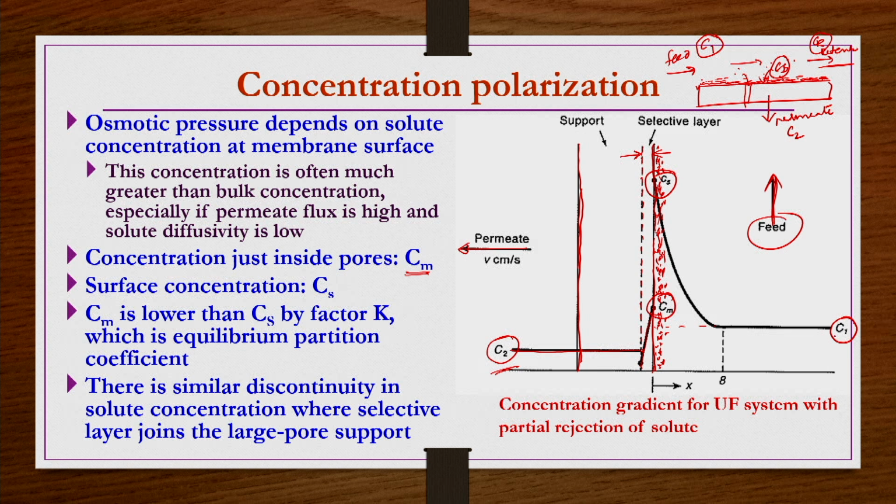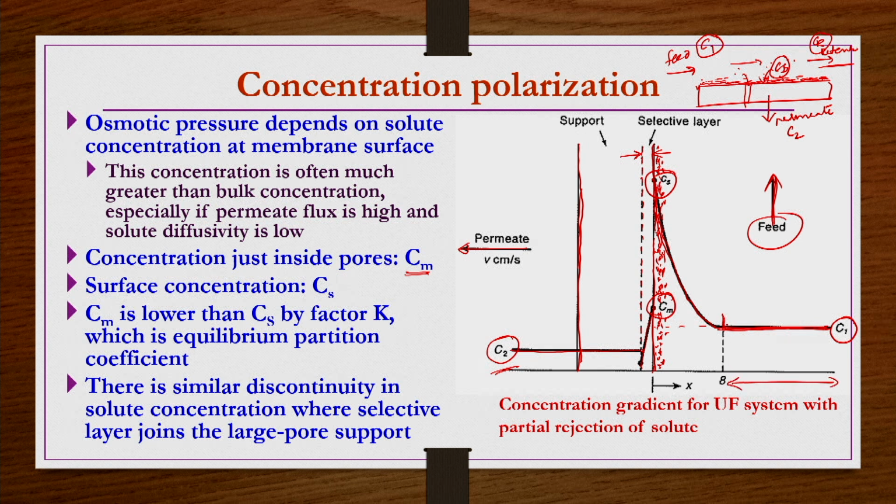Now here we can see the concentration from the bulk is almost constant to a certain distance, but after that it gradually increases to a very high concentration like Cs at the surface. Now we can separate the distance into two parts towards the membrane. Towards the bulk flow fluid side, whatever the distance is there, you just leave it as it is.